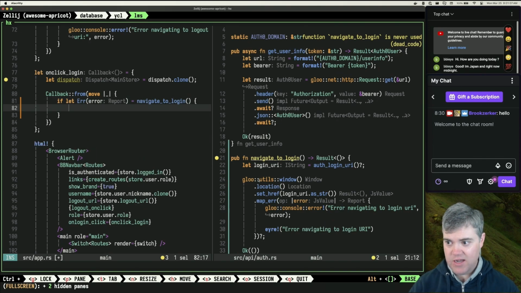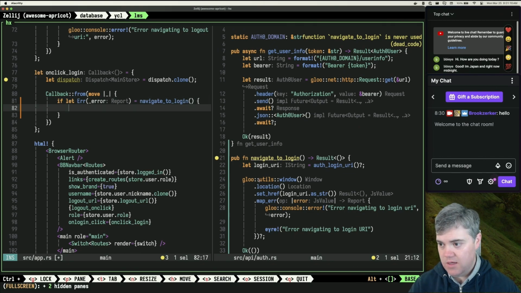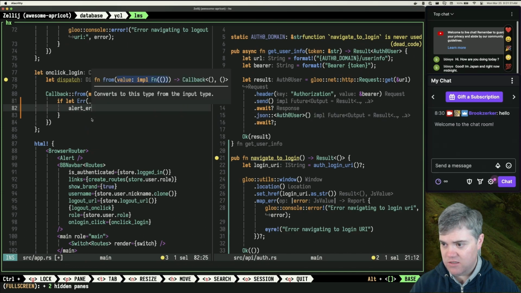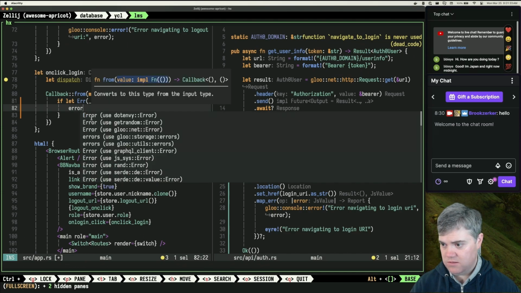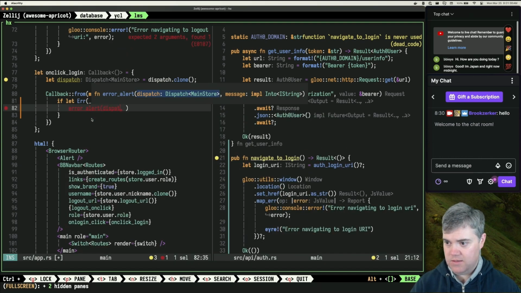Okay, so if I have this error, I now have this report. So I don't think I'm going to log it out at this point in time. Although I certainly could. But it's been logged out at least once previously. So I think at this point in time, I just want to alert error. Error alert. Pass in the dispatch, and then the message was